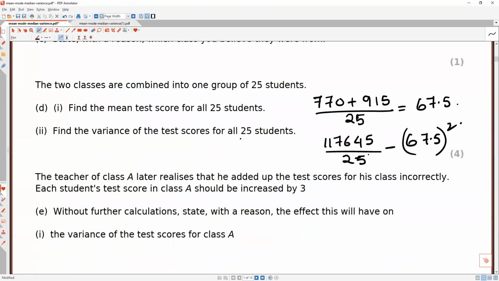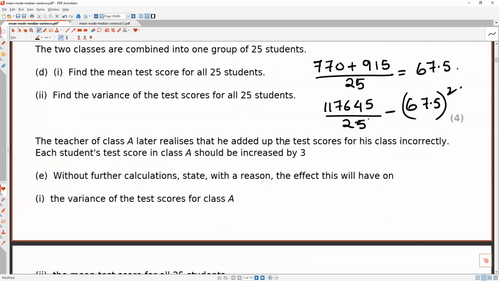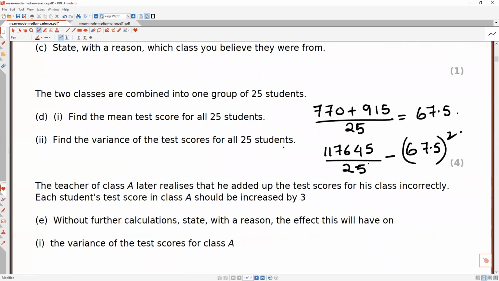Okay, now the teacher of class A. They usually ask a technical question in the last part, most of them ask the technical question. The teacher of class A later realizes that he added up the test scores for his class incorrectly. Each student's test score in class A should be increased by 3. State, without further calculation, the reason the variance of the test scores for class A